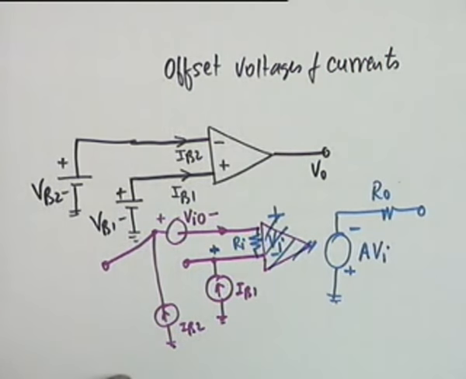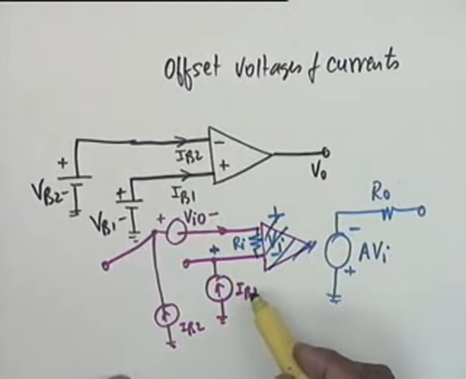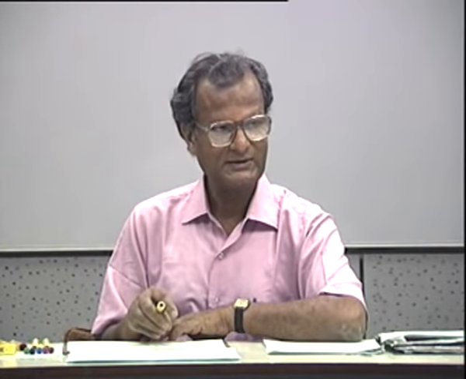Okay. On Monday we shall analyze this circuit to find the effects of Vi0 and the difference between IB1 and IB2, and take some examples to illustrate this. Offset is one of the most irritating features in using an op-amp, particularly small signals, because the signals are comparable to offsets. Then you will confuse the output as due to the signal when it is actually due to an offset. Offset also can saturate the whole device, and therefore one has to be very careful.